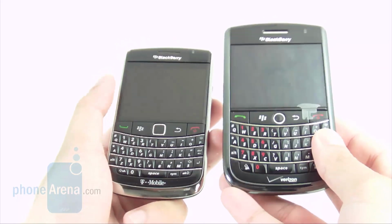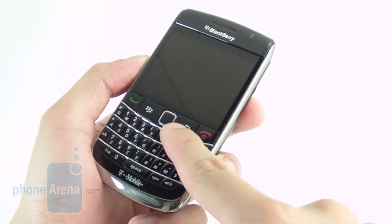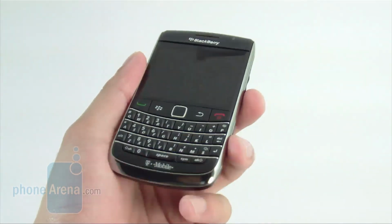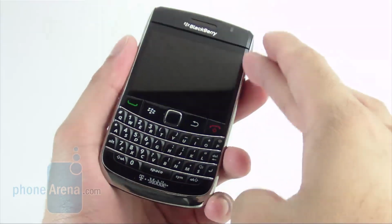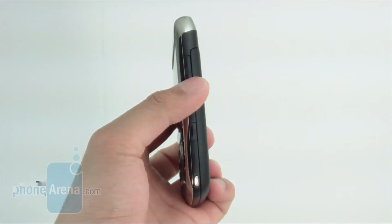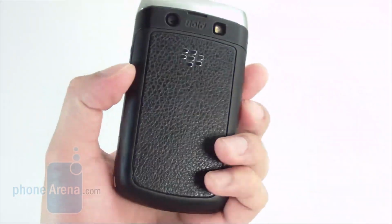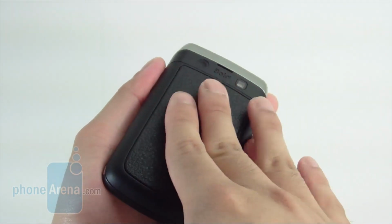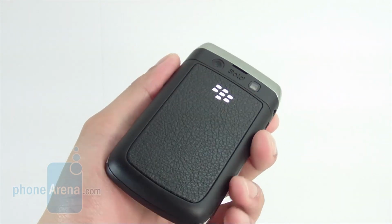They have the same exact Qwerty keyboards. Obviously, you could tell the BlackBerry Bold 9700 utilizes the Optical Trackpad. It's one of the sleekest and thinnest devices we've seen out of BlackBerry's camp. They trim down on the borders. As far as the materials they use, it's top-notch quality. We like the chrome-like accents on the side that go around the device. It gives it a really nice contrast with the leather-like material, which is brought over from the original BlackBerry Bold